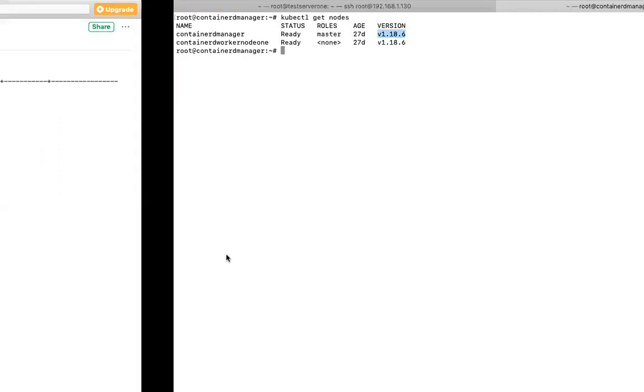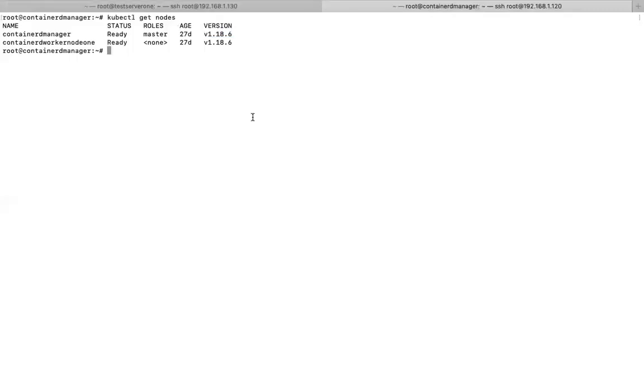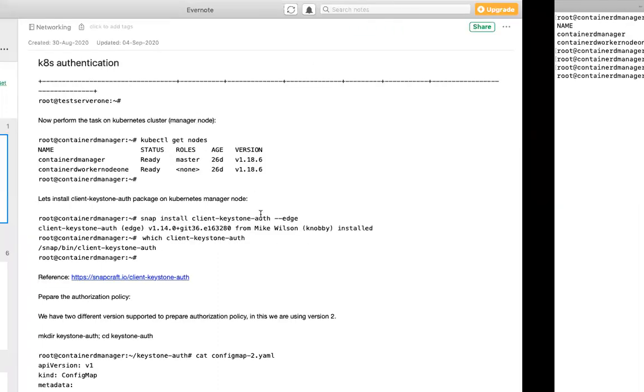Now let us install one particular package. In order to interact, Kubernetes has to interact with OpenStack Keystone. For that, it should use some particular binary in the backend to execute some particular commands. That binary is available as a package right now, and you can install it directly on the Ubuntu operating system using Snap. So you can execute this command directly.